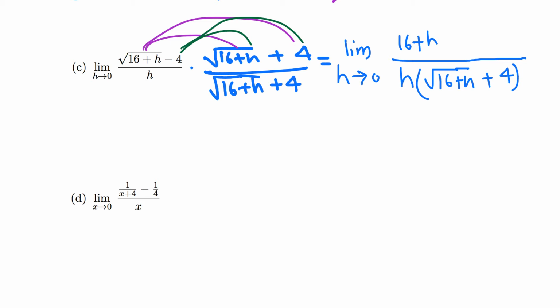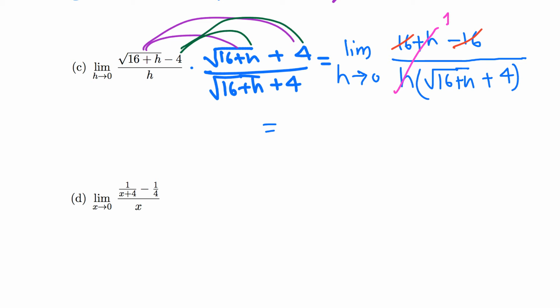You can FOIL out and cancel the middle two terms, and -4 times 4, -16. Okay, and let's simplify the top. On the top, this is +16 minus 16, that's 0. So that leaves h over this,